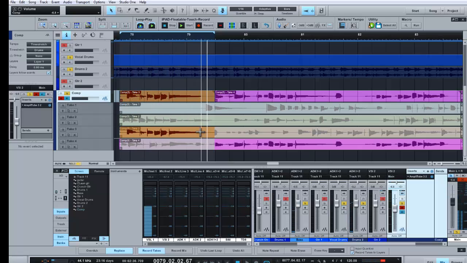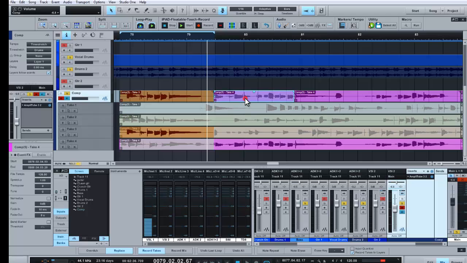I've decided I like that one the best, no particular reason, and I'm going to go ahead and just go to the next natural section of the riffs. Let's just take it from about here, and let's identify that area there, and I'm going to go ahead and say I want to loop on